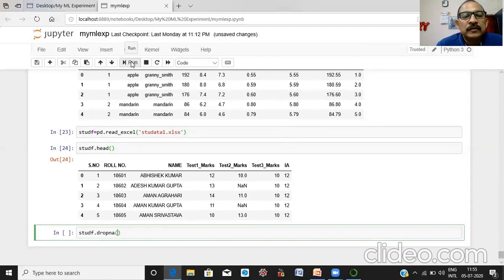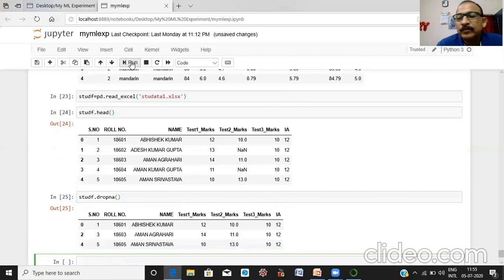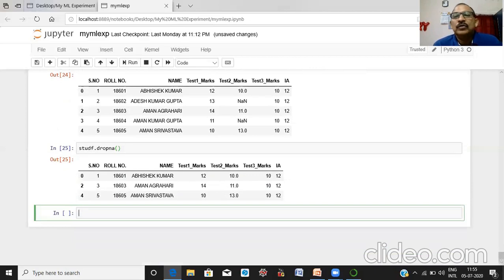Run this. Let us see what has happened here. You can see this is the missing rows. Okay, this is the missing rows and this is the missing columns. Missing rows and missing columns means a column or rows having missing values. Okay, now this is the modified data frame. Okay,